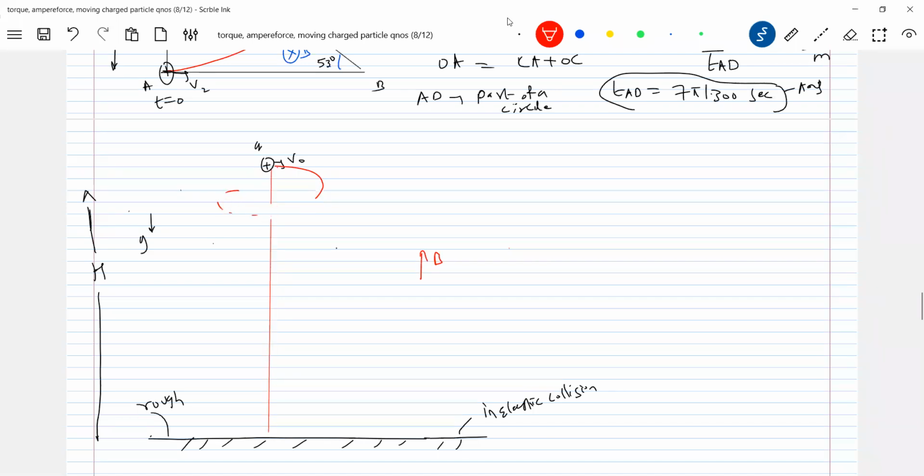I have to draw the diagram. I'll take some reference lines, it'll be easy for me to draw. There's a charged particle. Let's come to this one. This charged particle is going to